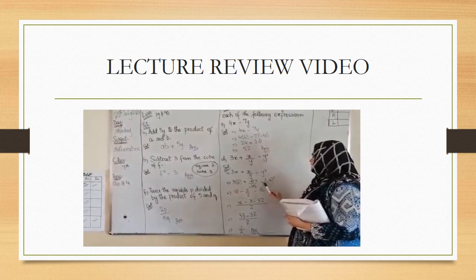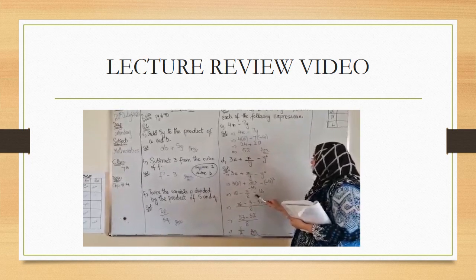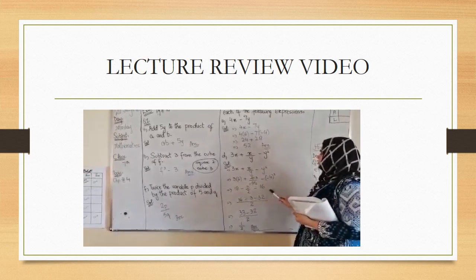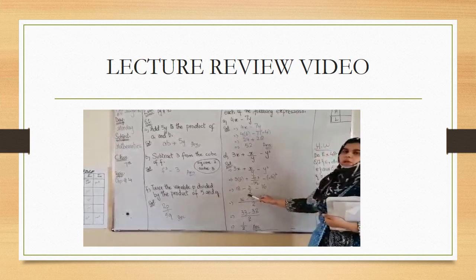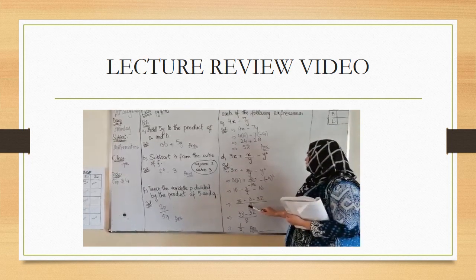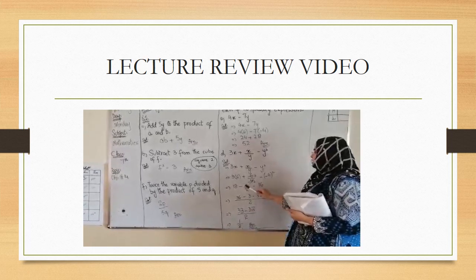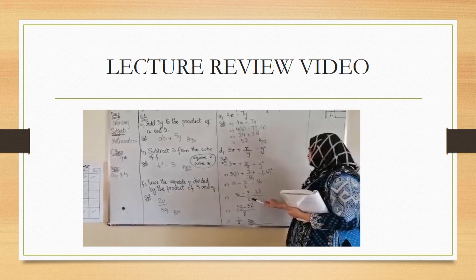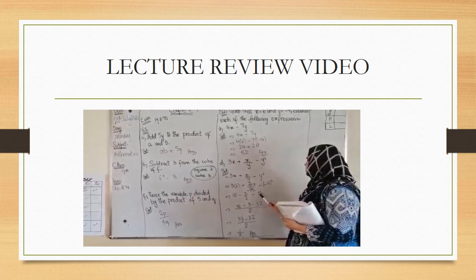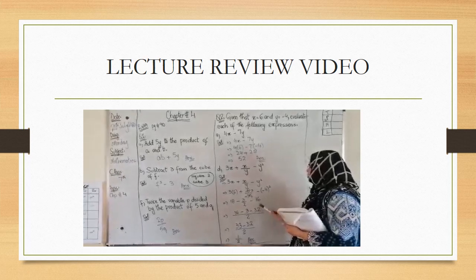4 square is 16, and the minus is a constant, so the expression is 18 minus 3 divided by 2 minus 16. The LCM is 2 because only one denominator is there. When we divide 2 by 1, that is 2. 2 multiplied by 18 is 36. 3 is as it is. For this we divide 2 by 1, the answer is 2. 2 multiplied by 16 is equal to 32.